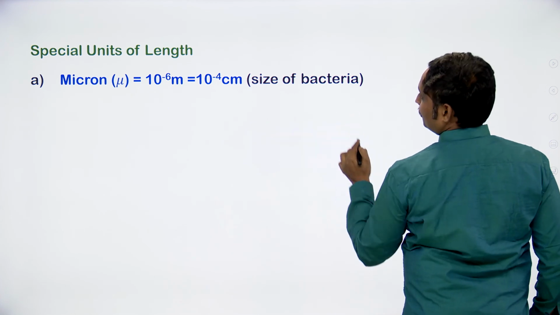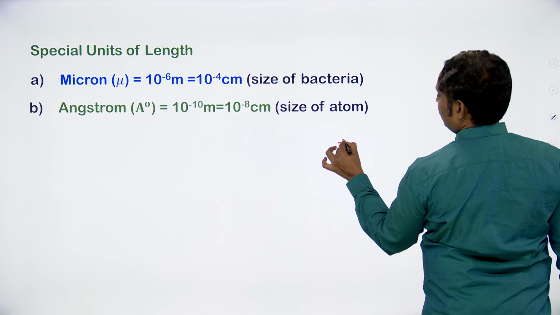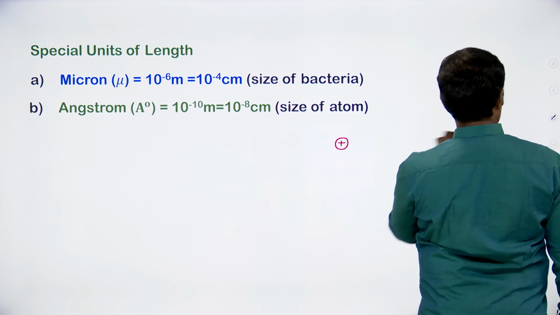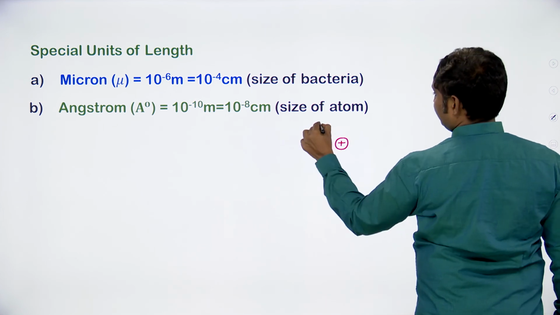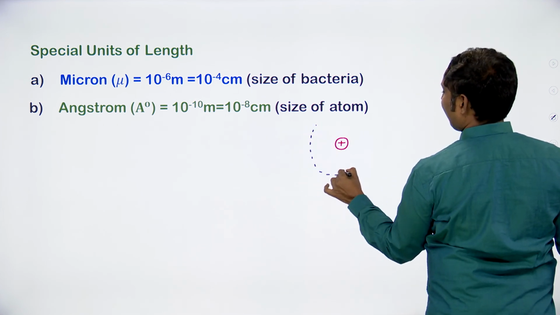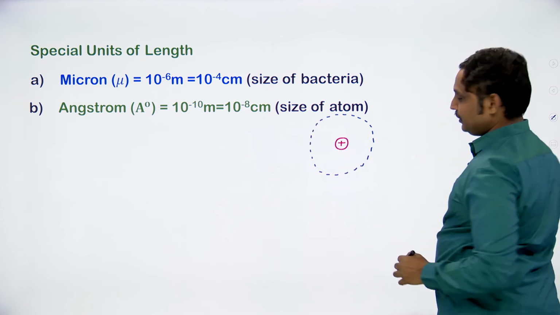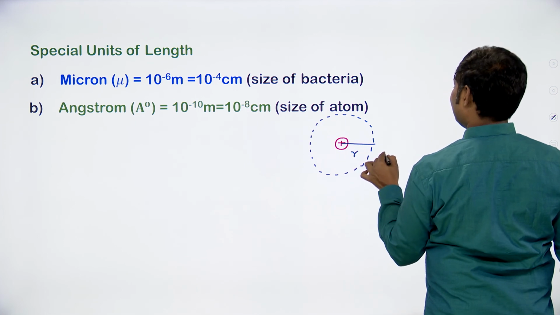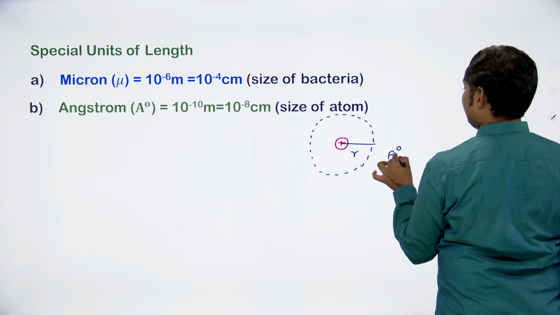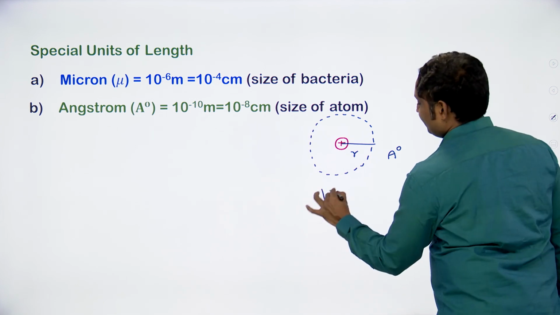You are identifying the size of an atom, which is going to be represented in the form of Angstrom units. While you are going to talk about the volume,